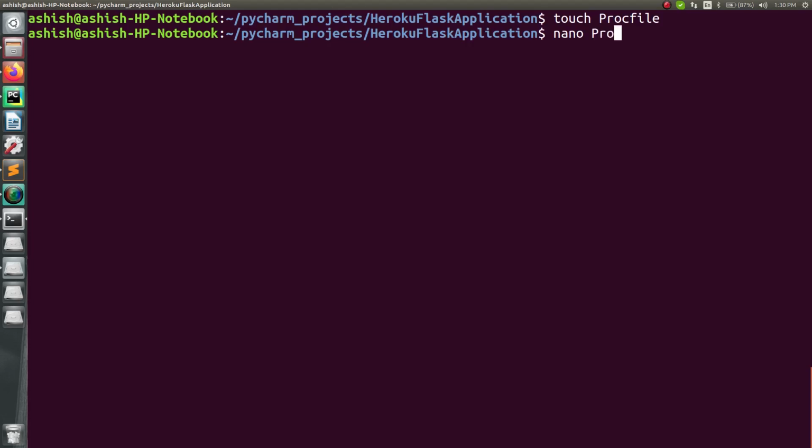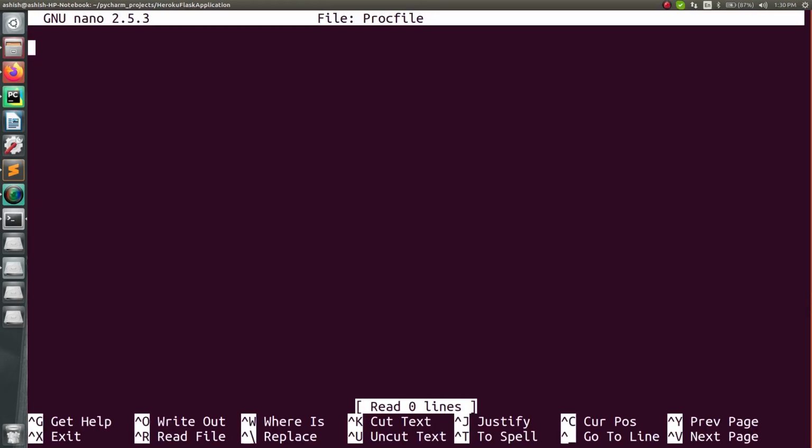First go inside this Procfile, and in here you have to mention what exactly you want to do. I will be using the web interface, that is Gunicorn. So this is Gunicorn, and with that I will be creating one script, and that script will be given as wsgi. I will be using that, and inside that I will be having the application. So just mention this app, and I will show you what exactly this is, but first let me finish this part. Now I'm done with this.